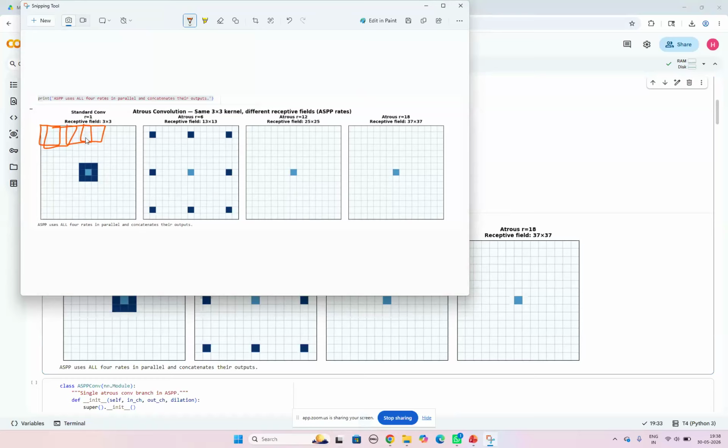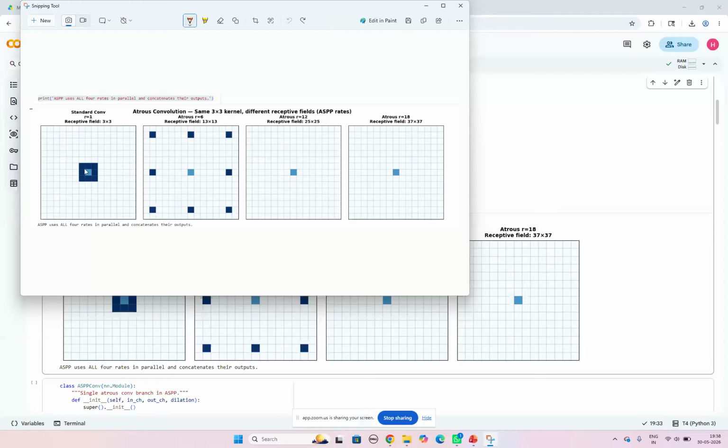When we do this convolution, each convolution reduces the size by 1 pixel in each row, and we get the output results. So in this standard convolution, r equals 1, the receptive field is 3 cross 3.